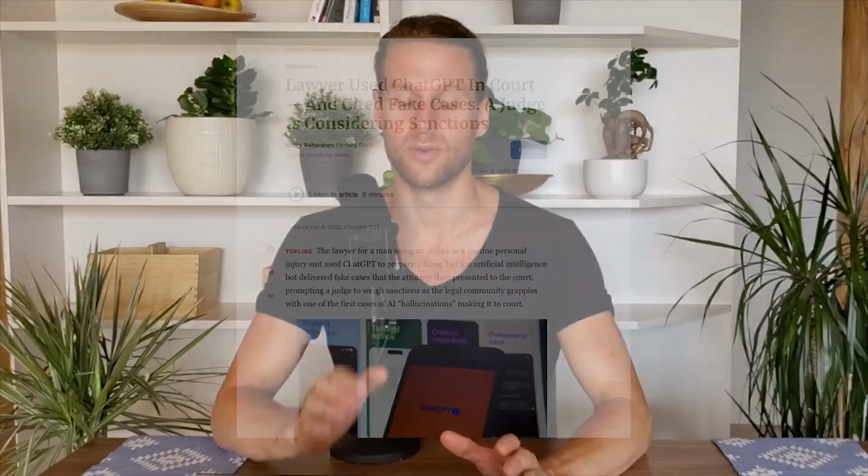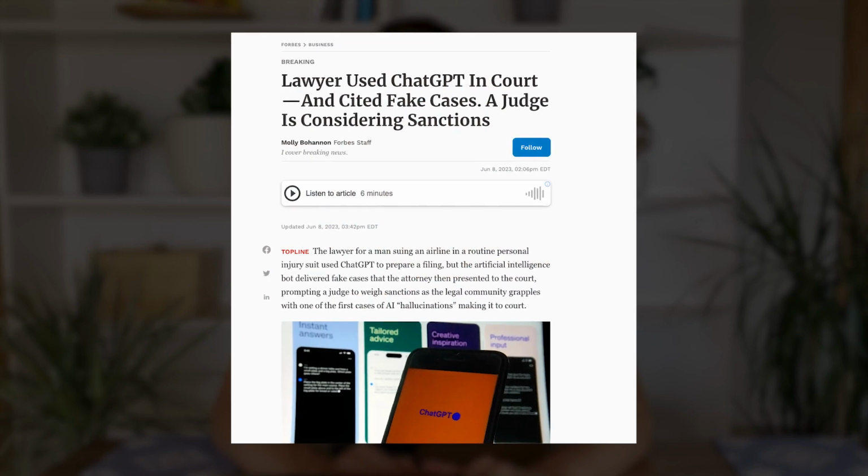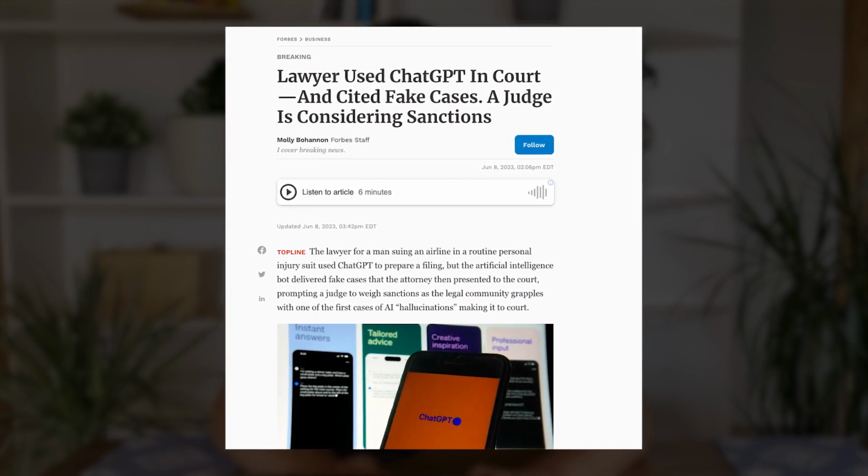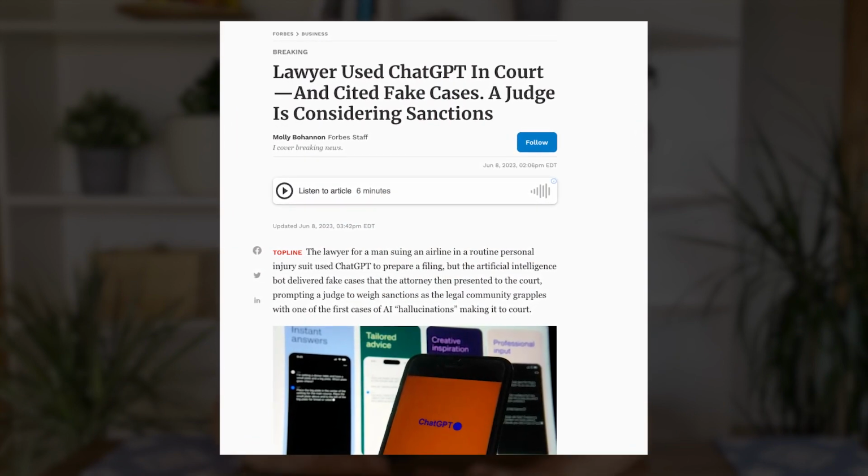ChatGPT will just make stuff up sometimes and you have to proofread. There have been lawyers that got in trouble. This has been all over the news, because they used ChatGPT to help write their defenses, and ChatGPT referenced non-existent cases as part of its defense. And the lawyer actually presented this live in a courtroom. When the judge tried to look up the cases, he realized that they didn't exist. So they found out the guy used ChatGPT from that, and he was embarrassed and got in a bunch of trouble, obviously.